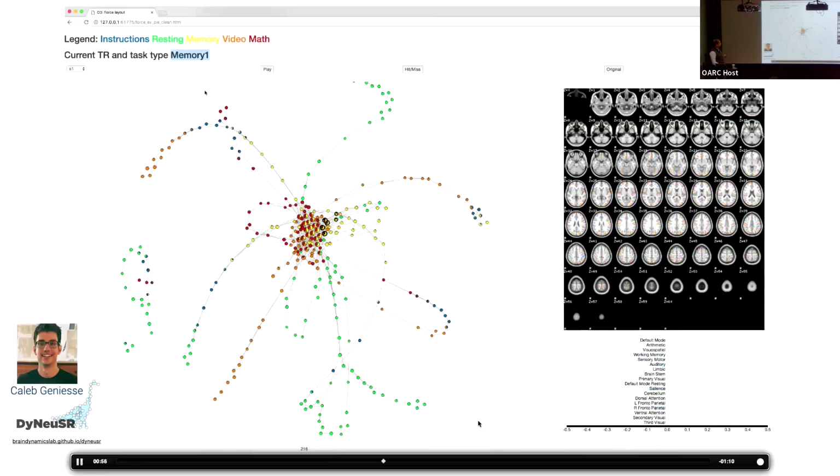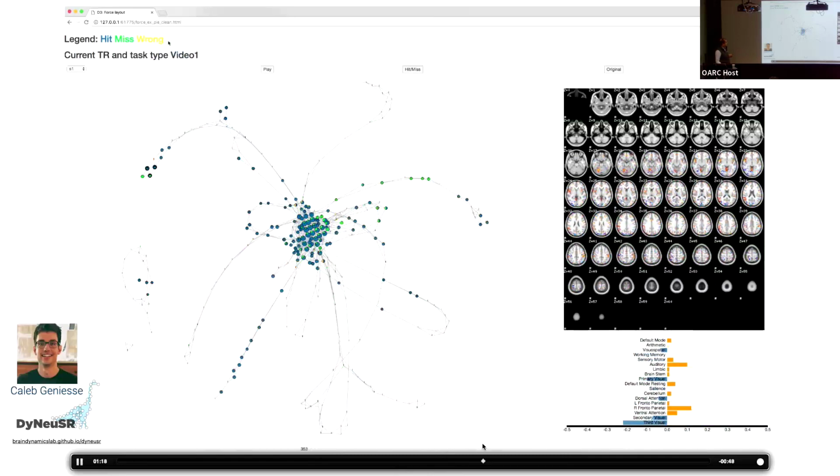You can recolor this graph by things like hit, miss, whatever. So I said, okay, I'm going to recolor the graph and look at where the hit, miss, or wrong happens in different tasks. And you can see whether, whatever task you're in, maybe the hits happen on the excursions or misses happen on the excursions also. But this ability of getting significant activation, deactivation, cluster corrected at the single TR level,